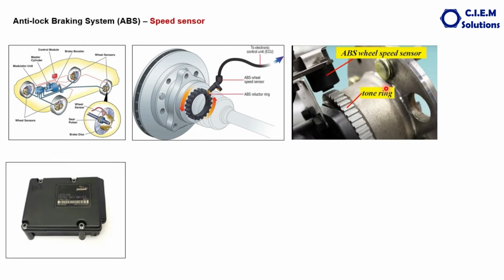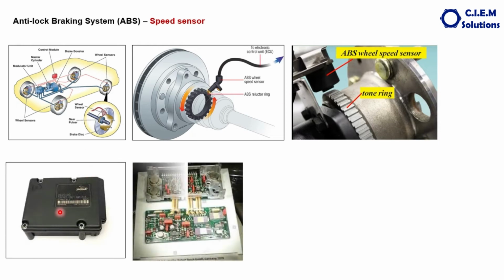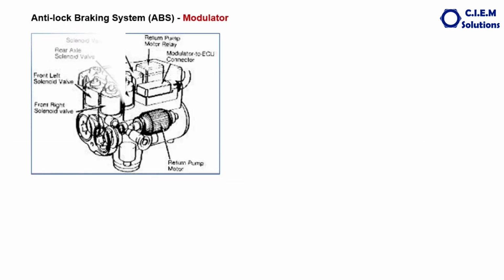This is how the electronic control module looks. When you open the electronic control module, this is the circuit board. This is how the modulator looks. There is a pump that runs with a battery, with a motor,